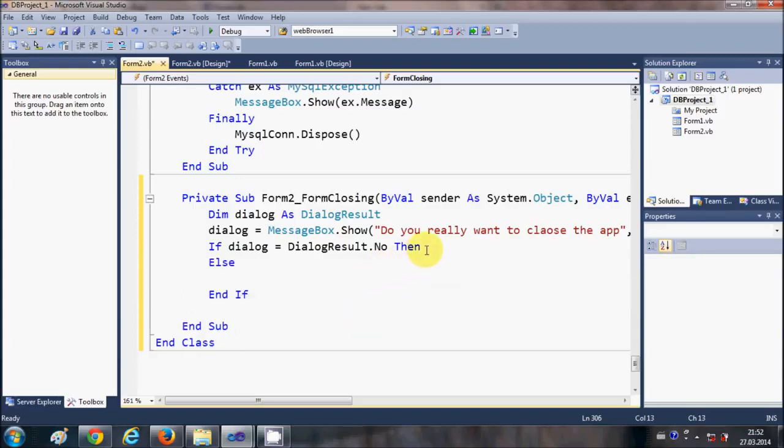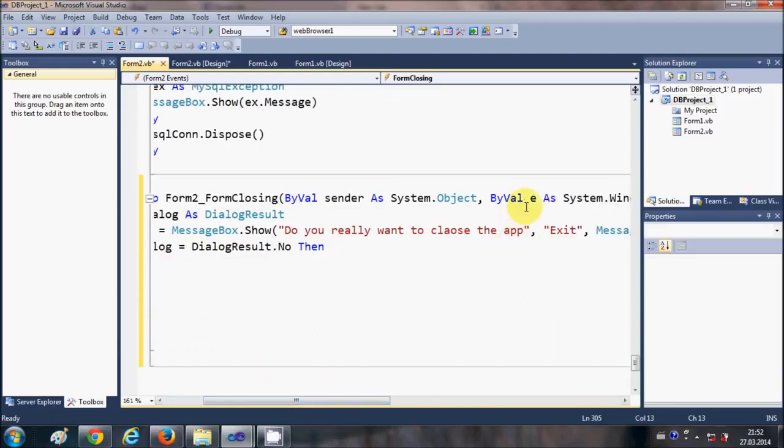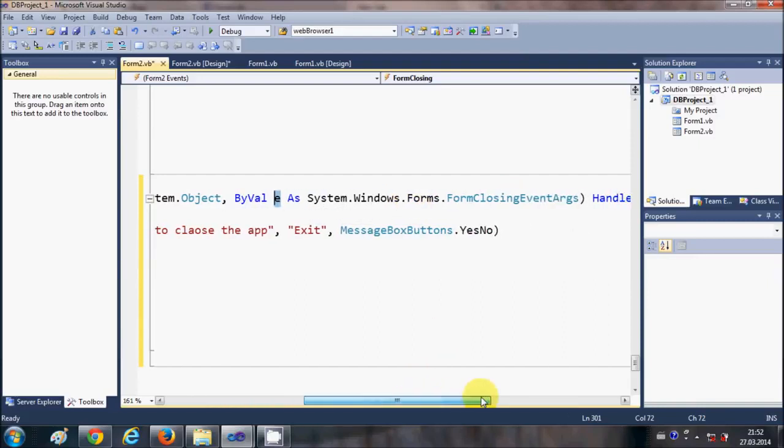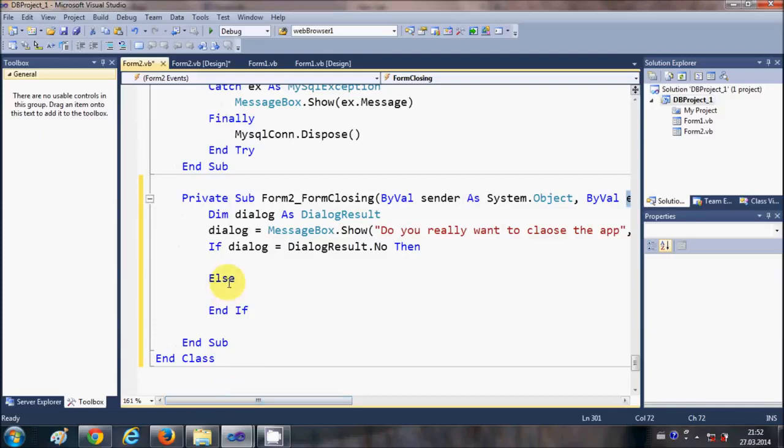So we want an if then else condition, and in this if condition what you are going to write is just copy your e variable here, which is your System.Windows.Forms.FormClosingEventArgs. Okay, so just copy this e from here and paste it here in the if condition,